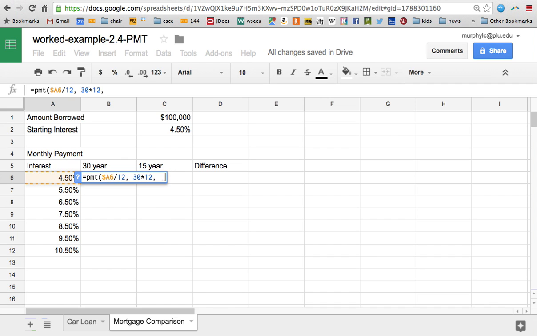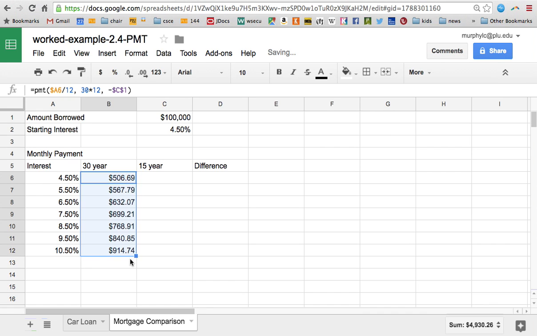And then I need to refer to the amount that I'm financing, and again this needs to be negative because it's from the bank's perspective, and I'm going to use absolute addressing. So again, when I copy it down the column and also over to the 15-year mortgage, it'll update pretty easily. So I want to use absolute cell addressing here. All right, and I hit enter, and I see that a 30-year mortgage at 4.5% is $569. I'm going to copy this down the column, and I see that it really makes a big difference, the interest rate there. I'd like to be able to copy this for the 15-year,